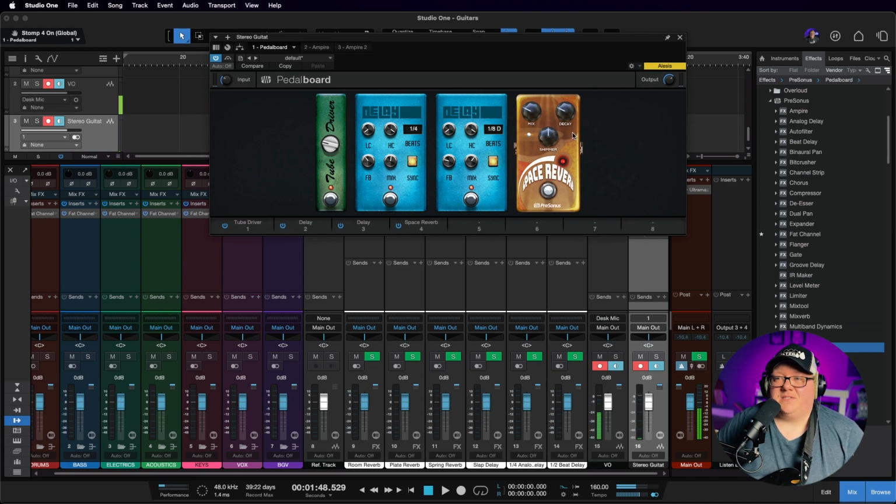Now, one thing I'll say with the space verb is the shimmer on this is very crazy. So we have to be very careful with this. A lot of times my shimmer's down to about here, around 8 to 10%. Mix, we're going to bring it up here. Decay, we're going to bring it up as well, just a little bit. And now we have